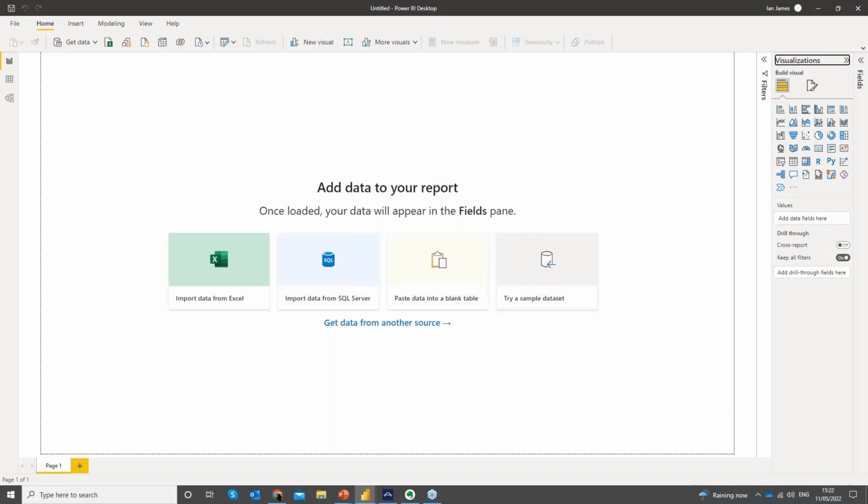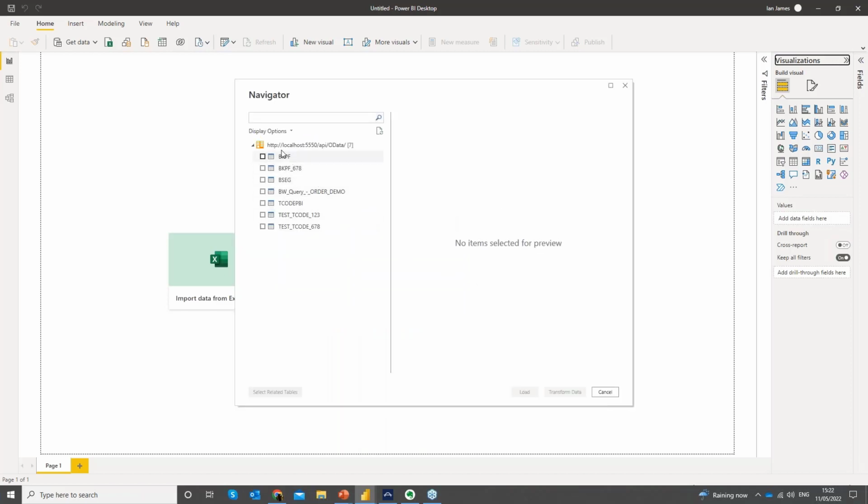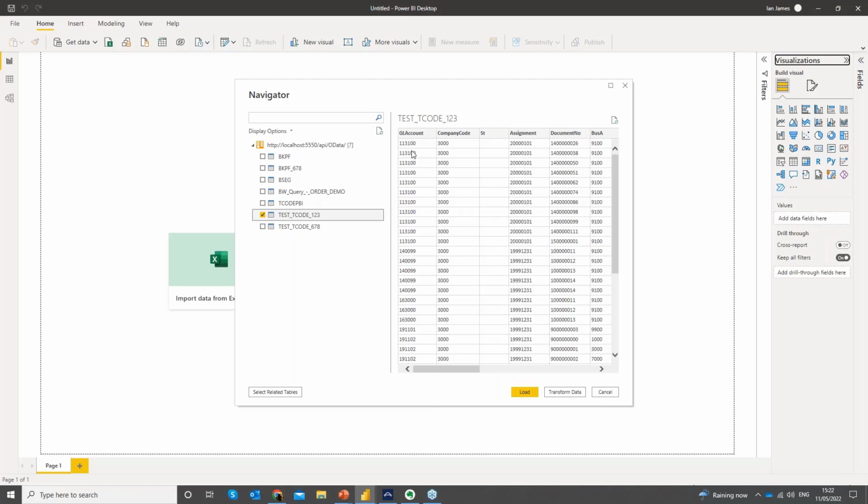So that'll go talk to the console and bring back all the valid connections it can find. And these are the connections that you just saw in the console. There's the BW one, the tables, etc. Here's the one I've just created. So let's just tick on this and we get a nice preview of the T-code data, as you can see, coming into Power BI. And if we load that data,